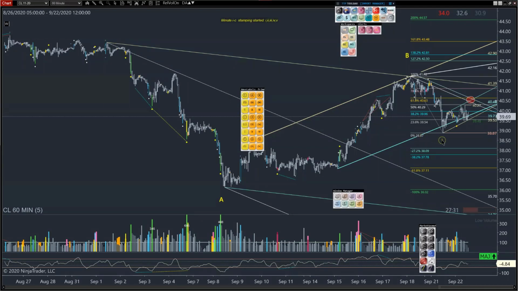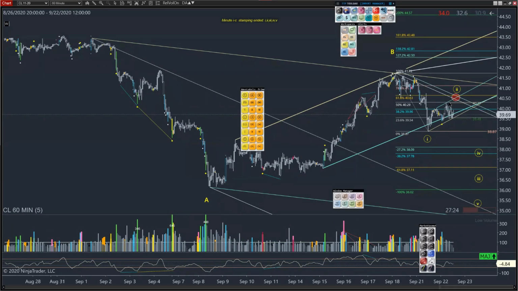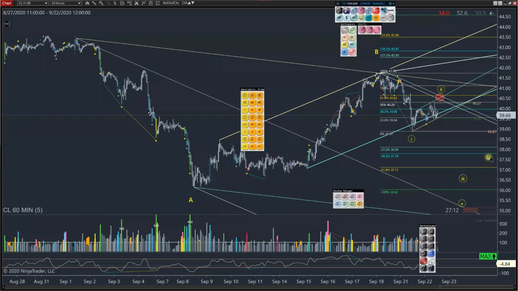At least I've got numbers and such. I'm thinking this is what we're about to experience, and I was hoping it would happen today, that we could get into this wave 2. Let's see, 1, 2, 3. We'll put this over here. So I'd like to see